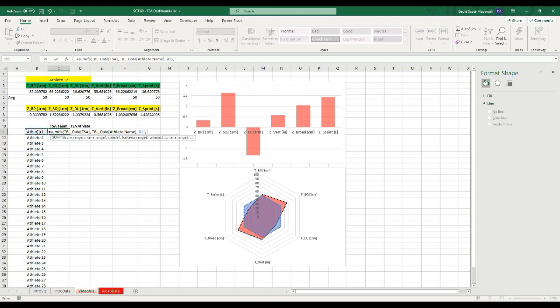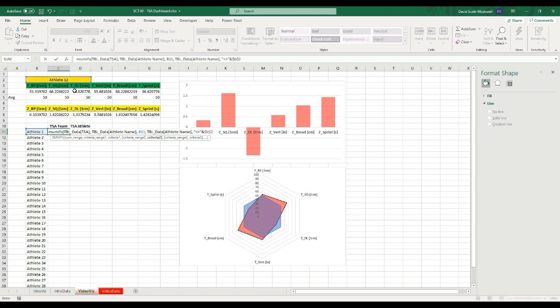And the second criteria that we want is TBL data athlete name, and we want it not equal to the athlete that we've selected. So the way that we do this is we go quotations, double arrows opening up towards each other, and the and sign, the B2 where we've actually stored this athlete, and we need to lock it in, so it's $B$2,